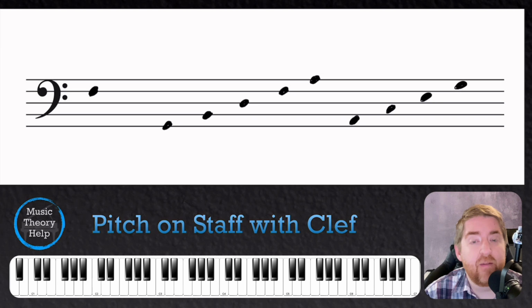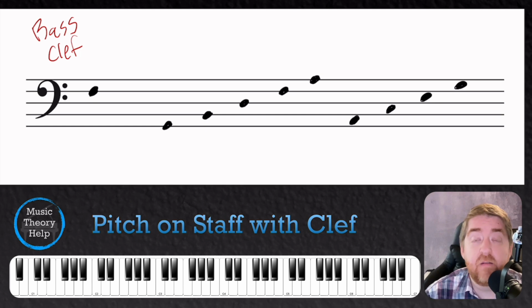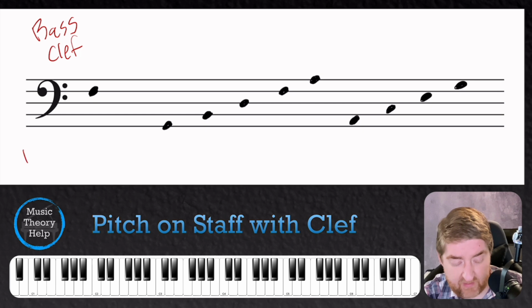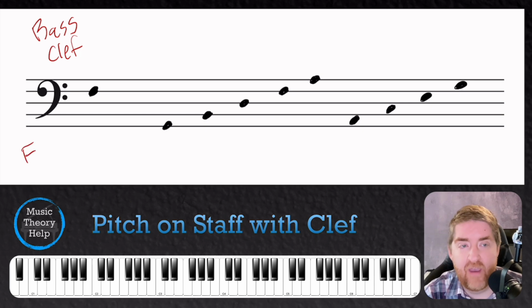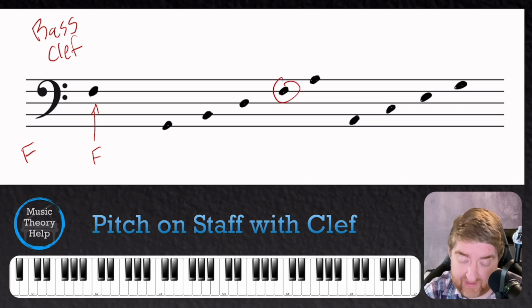Let's look at another clef. This is called bass clef. It's used to notate lower pitched voices and instruments. It's also sometimes called F clef because the fourth line is right between these two dots. And you guessed it, that is the pitch F. That's why it's called F clef. So if this is F,